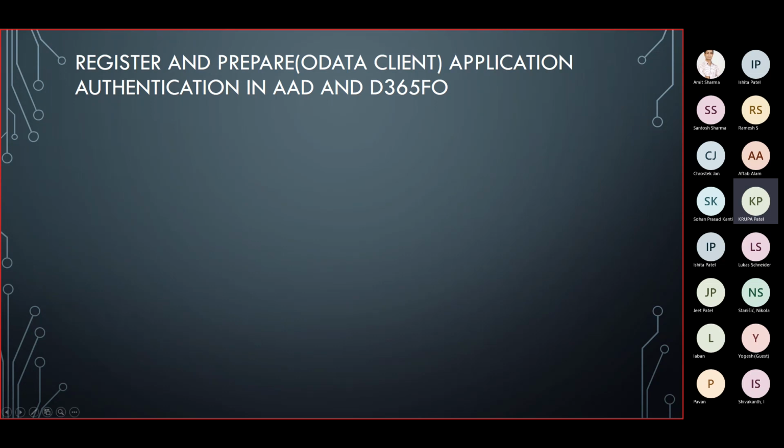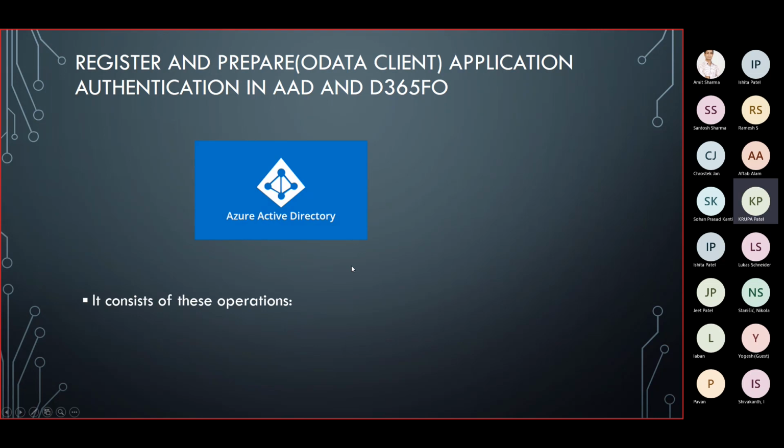This step will make AAD recognize the new app and provide the necessary app ID and key. Then we can use that app ID and key to sync the new app with D365 FNO. So when testing, we only need to enter the credentials once. It is a single sign-on.